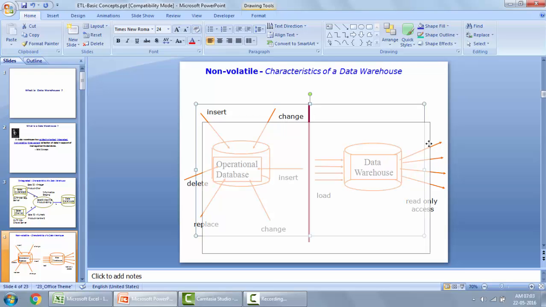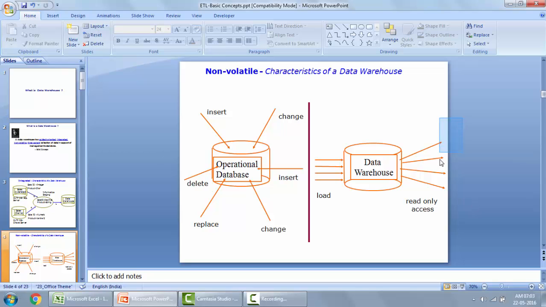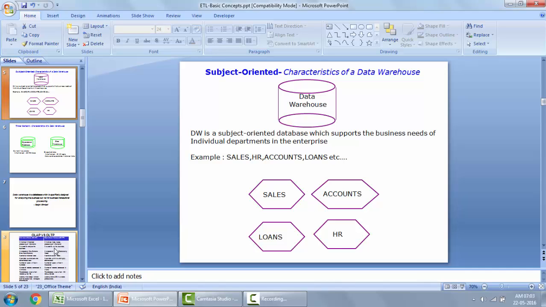Here the reporting tools come into the picture. Once the data is loaded, the reporting tools come into play. And next, subject-oriented. The subject-oriented characteristic means that in the data warehouse, the data will be stored in the form